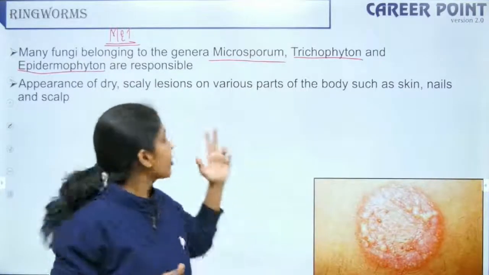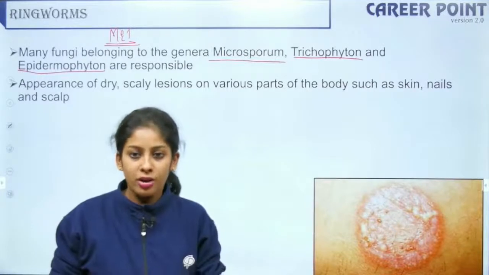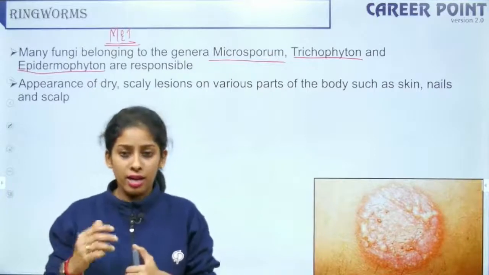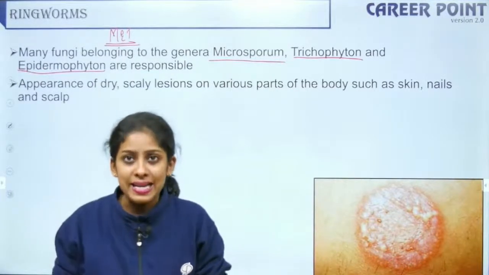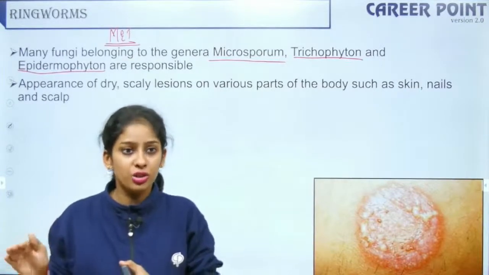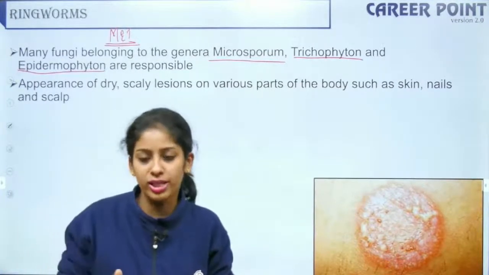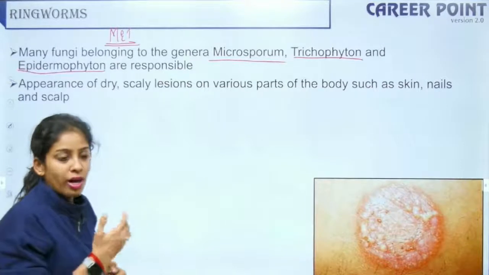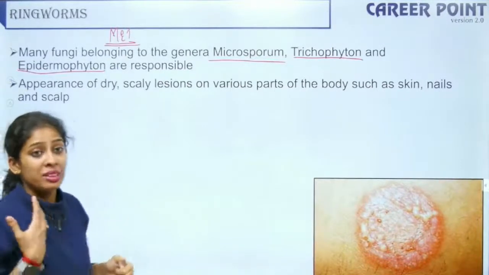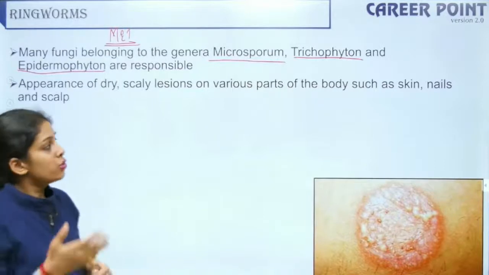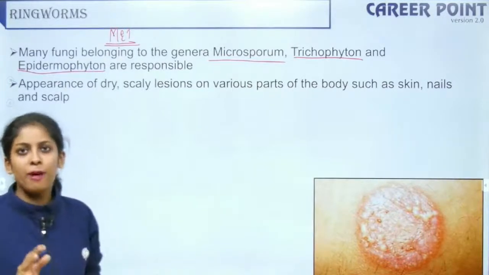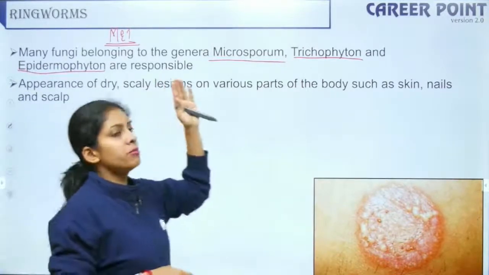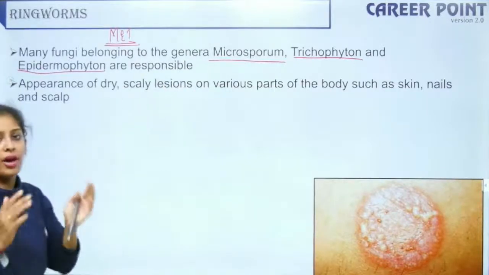So some students write only the first two genera, they forget the third one. Right? For Elephantiasis, the solution is that people should not live near mosquito-prone areas or near stagnant water. They should live in highly hygienic conditions, eat hygienic food, etc. Okay. So they forget to write the last genus or the middle one or the first one, they don't write all three genera. In that case, you will not get full marks. Right? So write it fully. And only 6 chapters. If it's tough, then NEET is going to be really challenging for you. Okay. So Microsporum, Trichophyton and Epidermophyton are responsible.